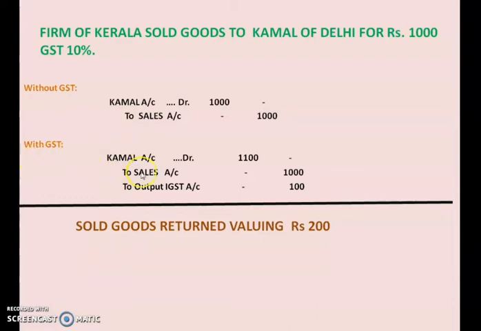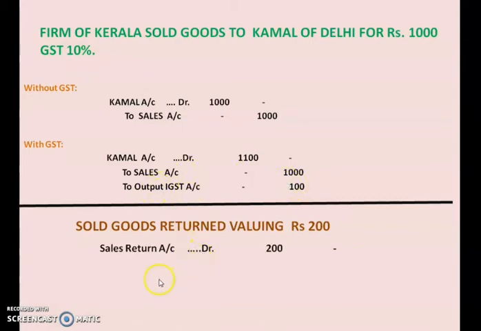So we saw that because it is an outside sale, that is interstate sales, you have to use the word IGST. And because the sales word is there, don't forget it is output IGST. With purchase, input will be used, and when there is sales, you have to use the word output IGST. With sales itself, you will have output also. On this 1000, you have to calculate 10%, so you will get 100. That 100 rupees completely will move to output IGST.